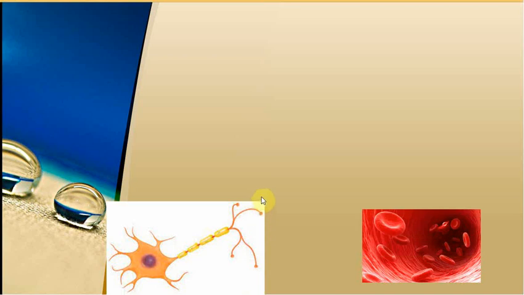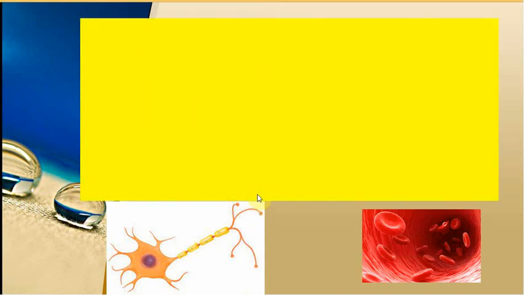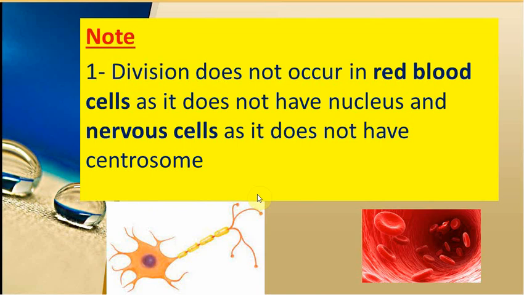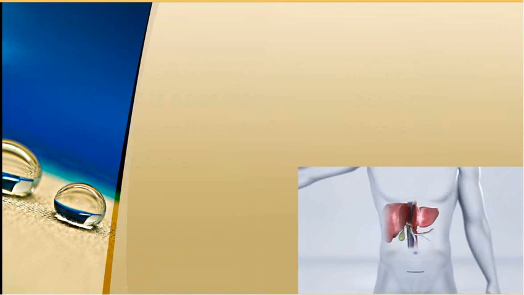Division doesn't occur in red blood cells. This is a very important note, as they don't have a nucleus. Also nervous cells, as they don't have a centrosome. And there is another thing also. Some cells are not divided in normal conditions, like liver cells. Liver cells have the ability to divide under certain circumstances. Under normal conditions, livers don't divide, but